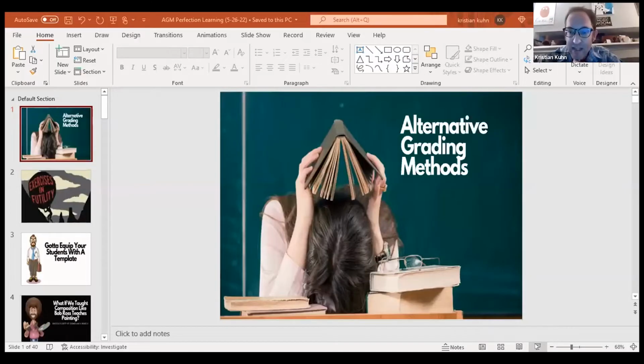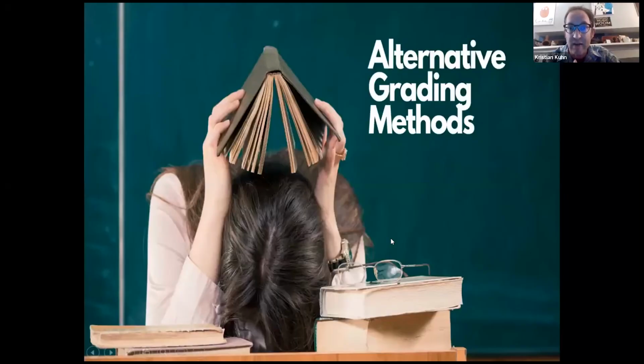Well, thank you everyone for coming. So as we know, probably the biggest bane of the English teacher's existence is the sheer amount of grading that we have to do. And I think that pretty much since the one-room schoolhouse, we've been following the exact same paradigm, the exact same protocol, in the sense that we assign an essay, student writes it, they submit it, and we begrudgingly avoid it for a couple of days, weeks, some of us,